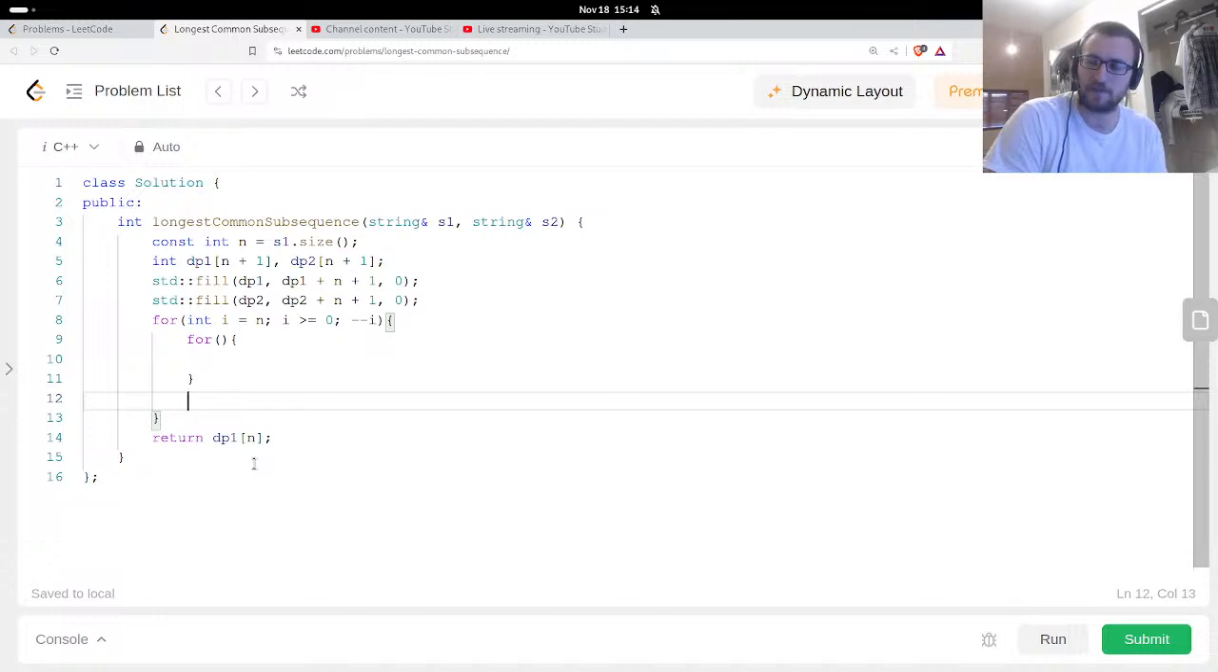And then, right, well, that's simple enough, right? Just add 1 to the previous. If they're not equal to each other, then it's going to be the longest common subsequence of, it's going to be the maximum of the following two. You could either